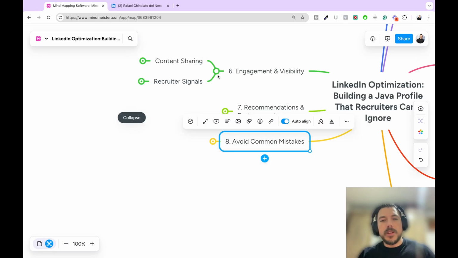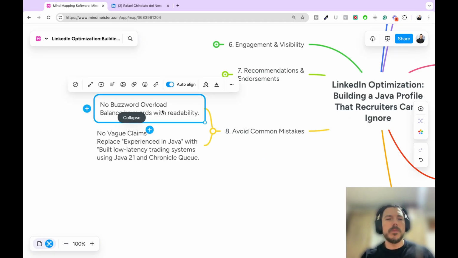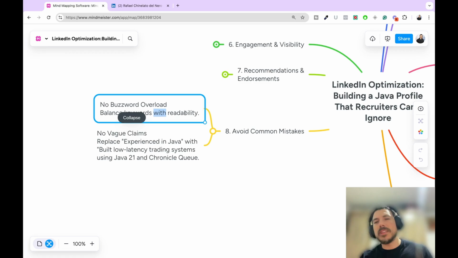And avoid common mistakes, like buzzword overload. Like I said, don't include skills like software development or software engineering. If you have Java, Spring Boot, or AWS, obviously you're a software engineer, you are working with software development. And if you have old things like Word, PowerPoint, remove that. You're a software engineer, obviously you know that, right? And if you have obsolete technologies such as Struts or Ant, or Java 6, if you have experience with Java 1.2, just remove that. Just put Java 21, the latest Java versions.